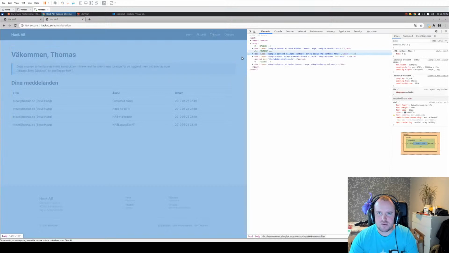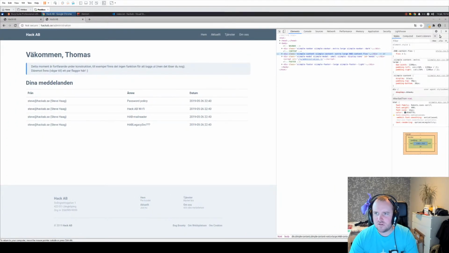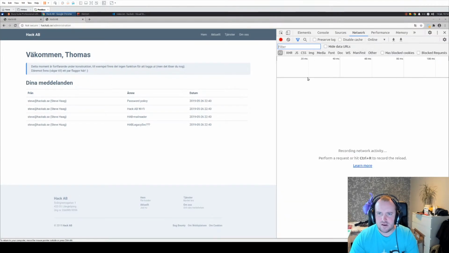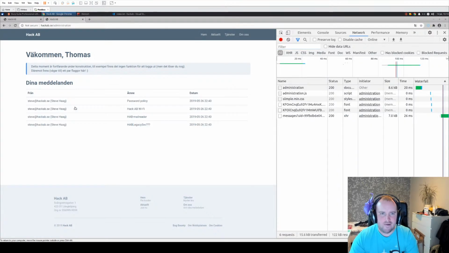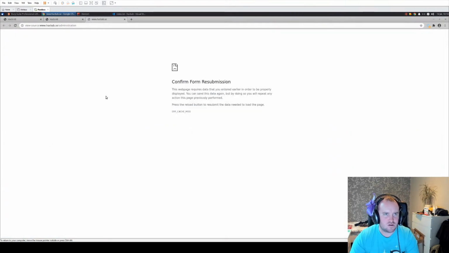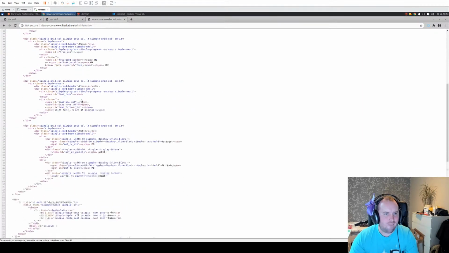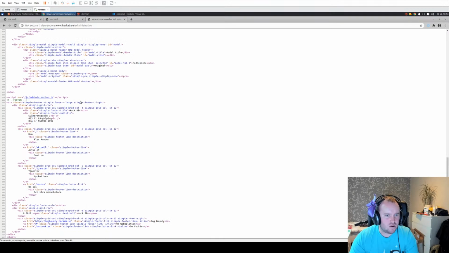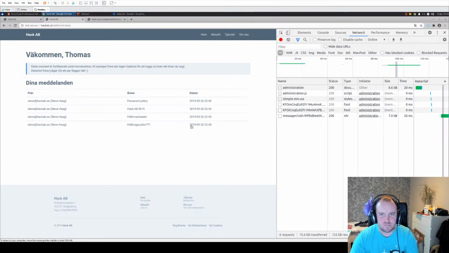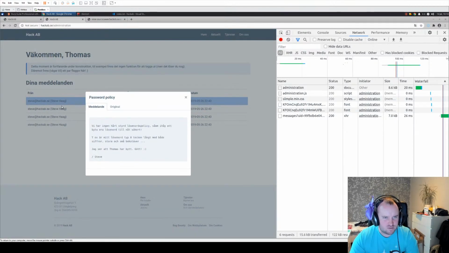Also let's bring up the Chrome developer tools. Let's see if I can increase this font size. Yes. So we have this page, the admin page here. These messages are not loaded as part of the initial page, so they must be dynamically loaded somehow,